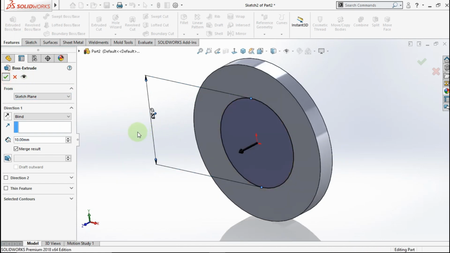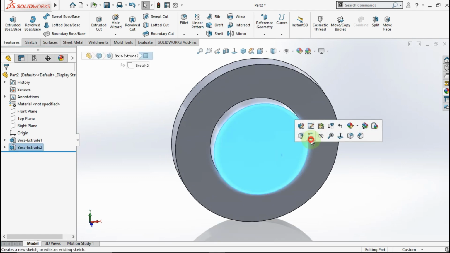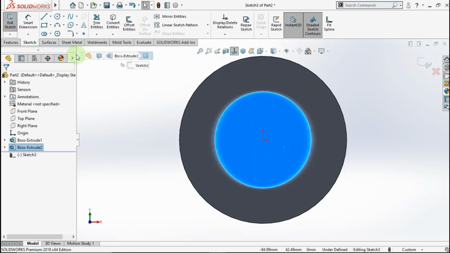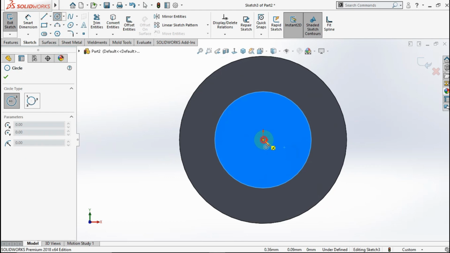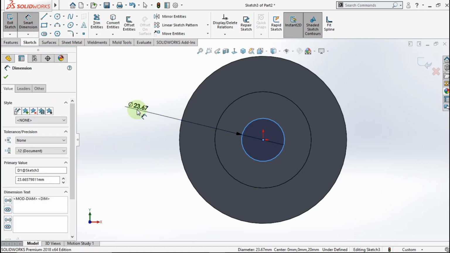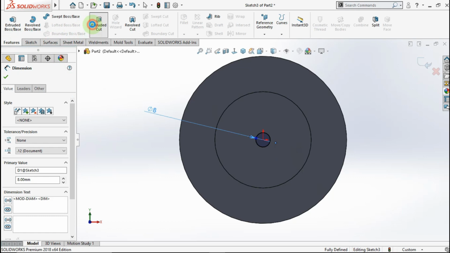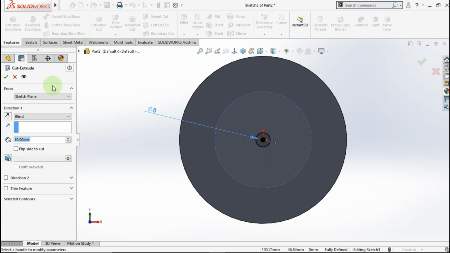Okay, go to this face, active circle, click from this point to this point, active smart dimension, make the circle diameter is 8mm. Active extrude cut, we choose through all. Okay,